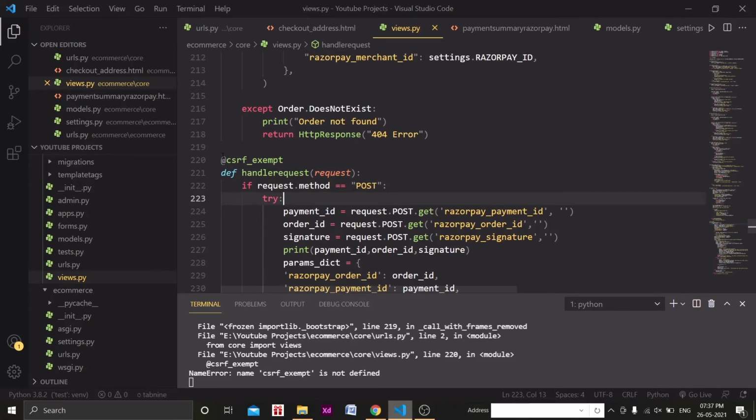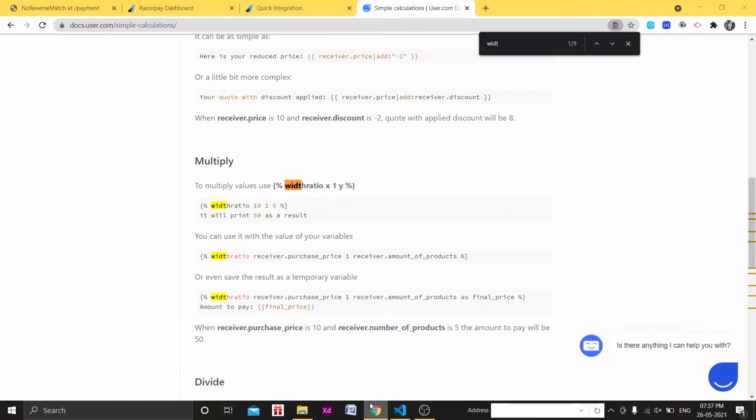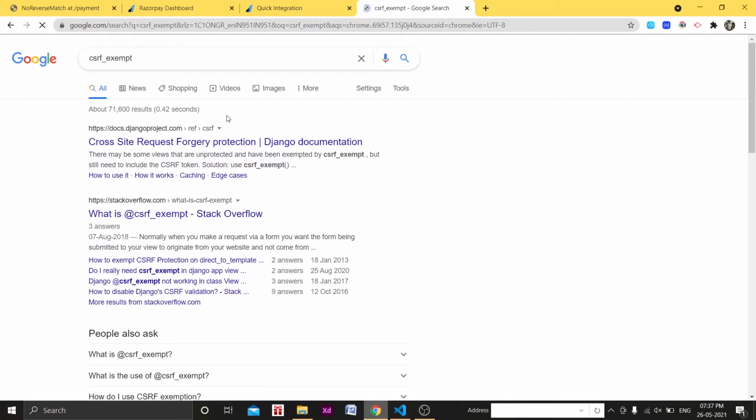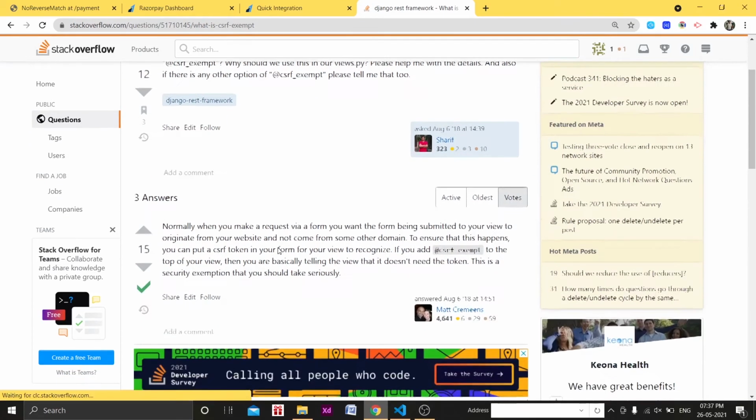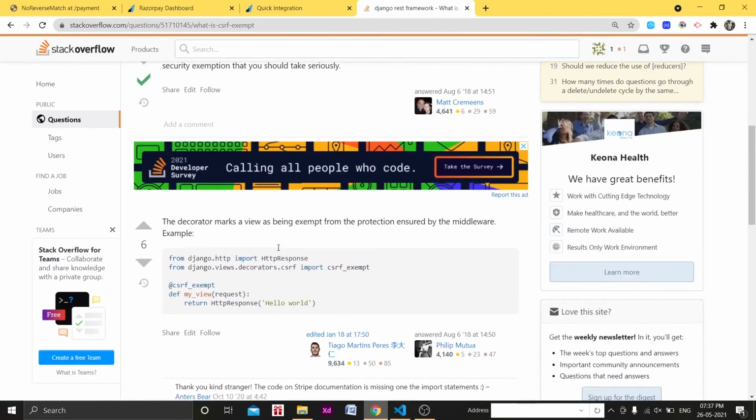And for that we are using CSRF exempt. Let's copy this and search for this. So what CSRF exempt does is basically disable the CSRF protection policy, okay.